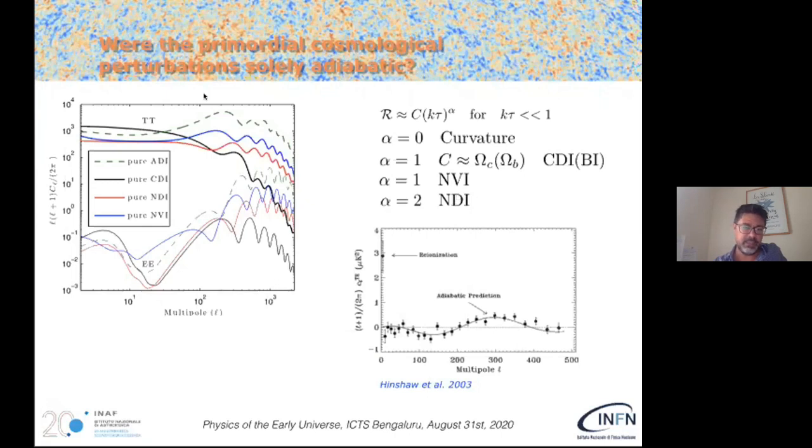And the CMB is the primary observable to constrain isocurvature, thanks to the different transfer functions in temperature and polarization. We already know from the WMAP first-year data release that only a fraction of isocurvature can be present, which means that isocurvature alone cannot seed structure formation as we observe.